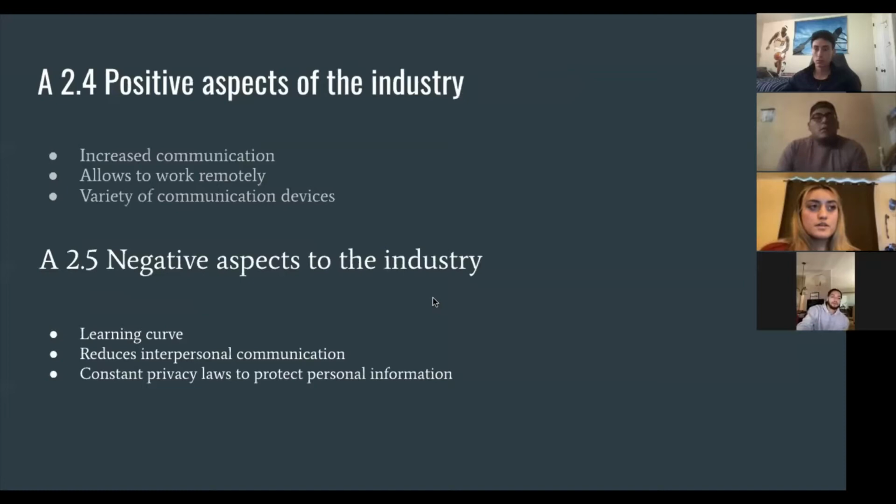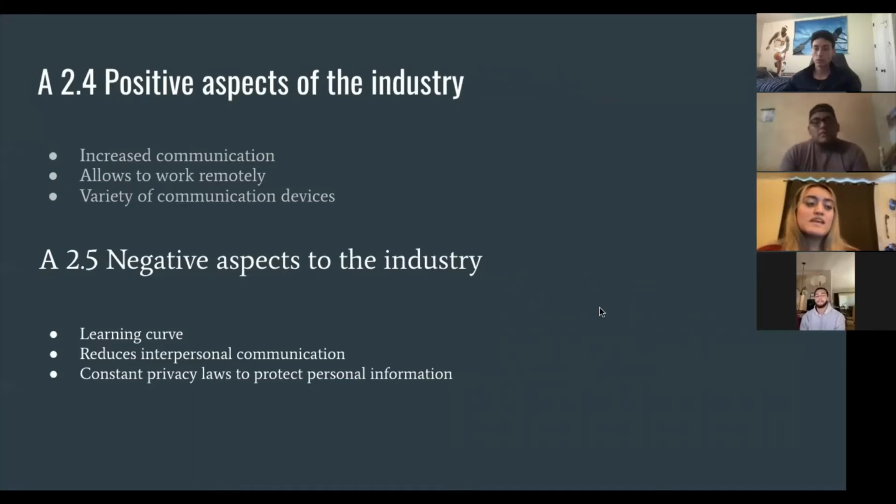For positive aspects, the technology industry has boomed in ways that no one thought it could reach. It allows us to stay connected regardless of distance and time, and it also allows for more connectability through our phones and increased communication for work and businesses. We are able to text, email, surf the web, and even video chat at our fingertips. There's a variety of options to pick from for each consumer to have their wants and needs